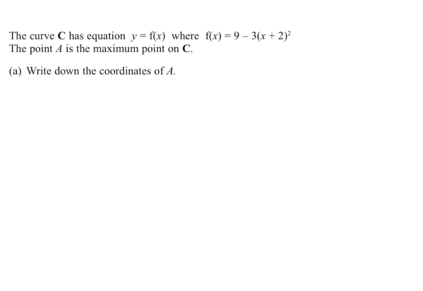Now if we just look at the function here, we have 9 taking away something. And whatever we do to x, the thing we take away will end up being squared. So the value of this bracket will get bigger and bigger because we're squaring it and multiplying it by 3, and then we're taking it away. So the larger we get this, the smaller our value of f of x. So we want this to be as small as possible, and for that to be as small as possible,